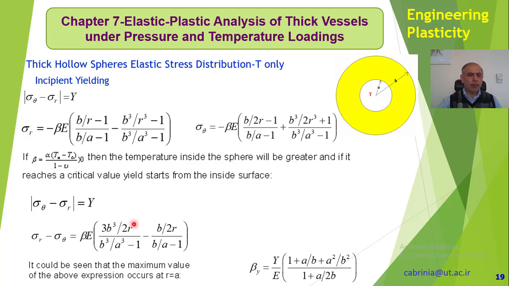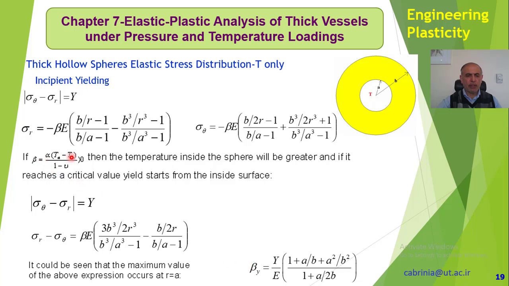So we have an R cubed here and we have R here. So in this denominator, if we put R, then this will be a very small value. Minus another small value gives us the smallest value possible to reach Y. So we say that the smallest value is at R equal to A. So that's why we say it happens at R equal to A, and we put beta equal to beta Y